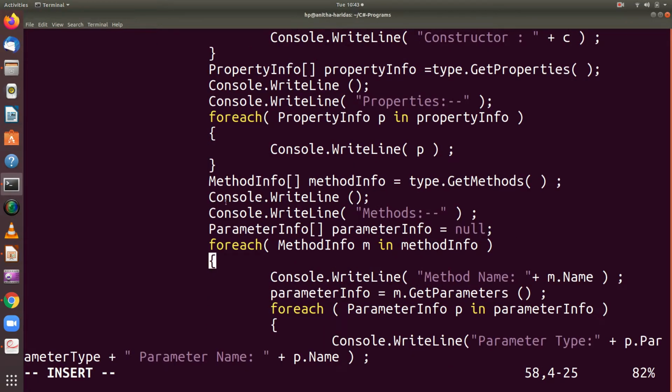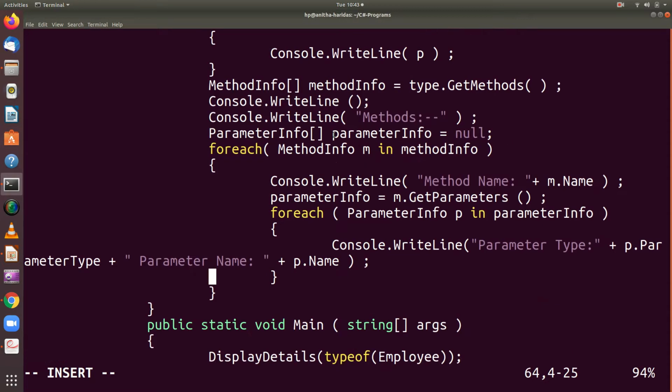Then another class that is available inside the Reflection namespace is ParameterInfo. What will ParameterInfo do? ParameterInfo will access the parameters that are available inside a method. What I am doing here is initializing the ParameterInfo object with a null value.